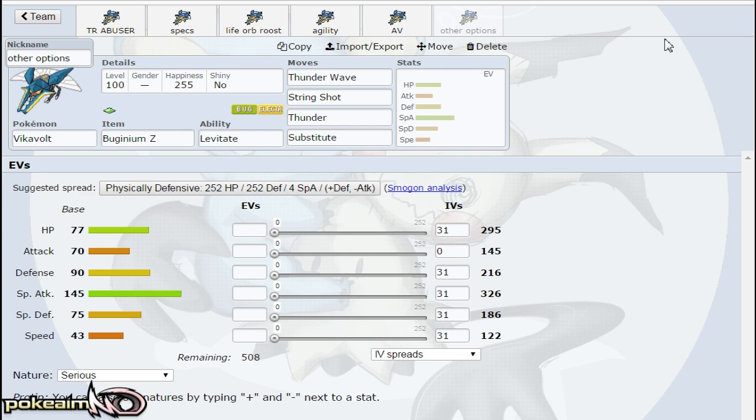I guess supporting a teammate, so you could definitely use that. Substitute is also an option. Hit hard behind a sub. With Levitate, you have some nice immunities to ground, so you can set up, scare them out with Energy Ball